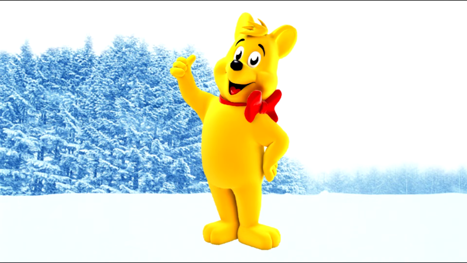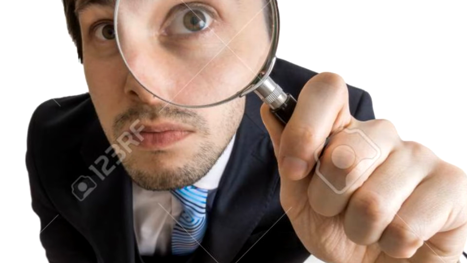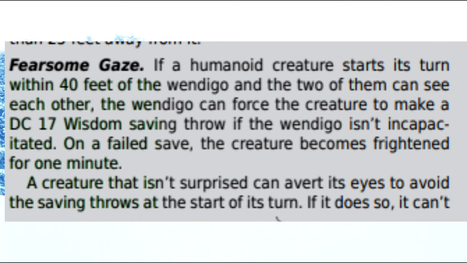Once they have true sight, which could be possible at a higher level, but you never know. And what's worse is now he can just go in and out of invisibility, snatching up party member after party member. Especially the smaller ones, how are they going to struggle, right? Now on the off chance they do find him right away, they now have to deal with this ability where if they're within 40 feet of him, they now have to make a 17 DC wisdom saving throw or else